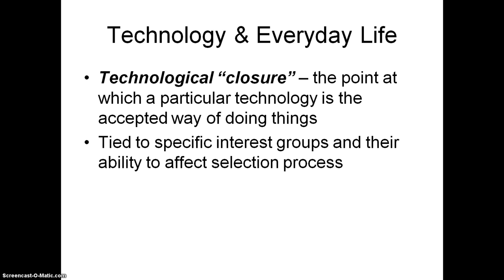A lot of times, the way a technology is developed is tied to specific interest groups and their ability to affect which ones we select and which we don't. So, for instance, if I'm the manager of a group in a company and I have a certain budget for, say, mobile phones, a lot of times people will tell you that iPhones are better phones, that they're easier to use.